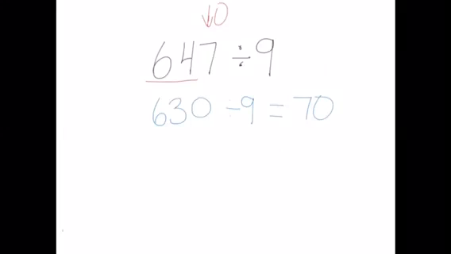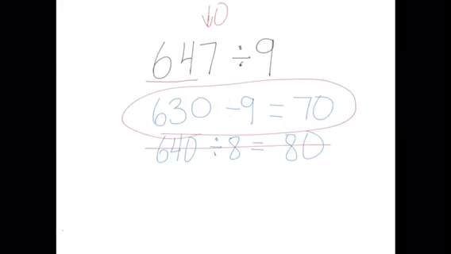So now let's try to change this less. I could do 640 divided by 8, and that would give me 80. Now, what I would always recommend is to go with our first one. The best scenario is not changing the dividing number at all. If you're forced to, that's okay. But the best way to do it is to leave that divisor the same.